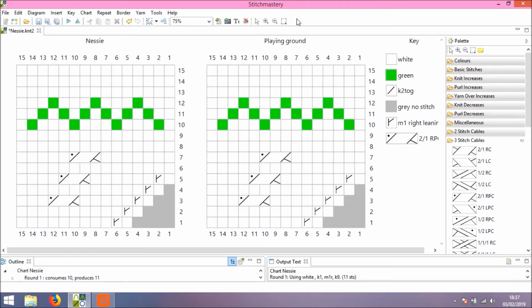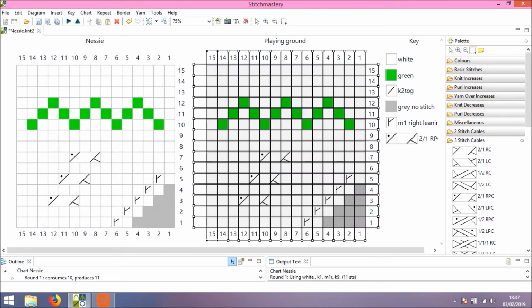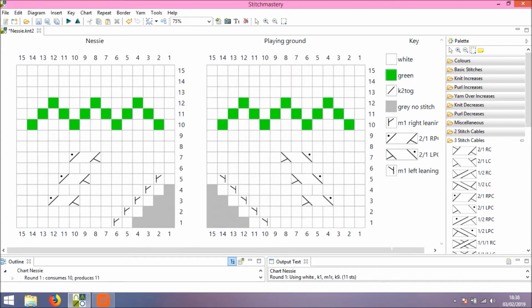And then we will select all the stitches in the second chart and try the flip selection vertically tool. So, as you can see, the stitches have remained in the same space but are now flipped on the vertical axis.